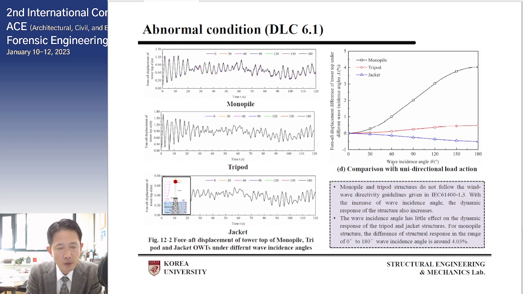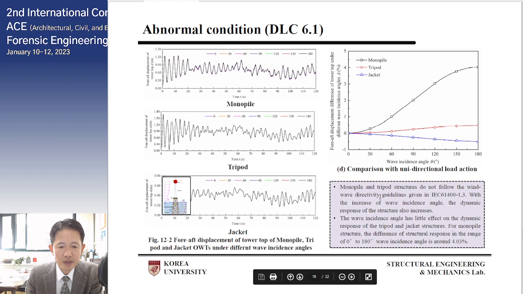But in the case of abnormal condition, a very interesting feature is found here. In the case of monopile, as the wave direction changes from the wind direction, the fore-aft displacement at the tower top position increases, which means that it doesn't satisfy the wave directionality guideline given in the IEC code. A similar trend is found in the tripod, but in the case of the jacket, no such behavior was found. Only in the monopile and tripod is the behavior not conformal to the wave directionality guideline given in IEC